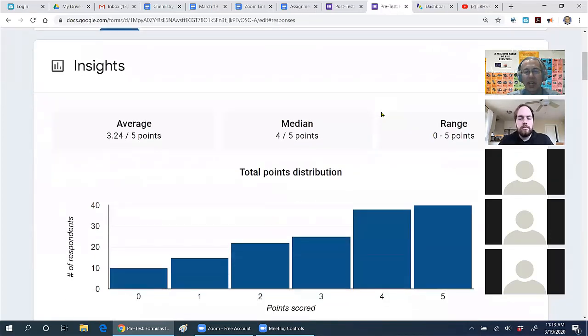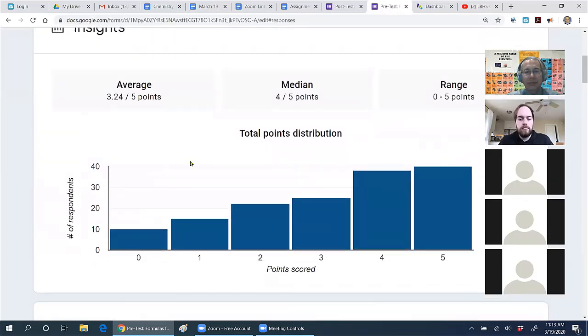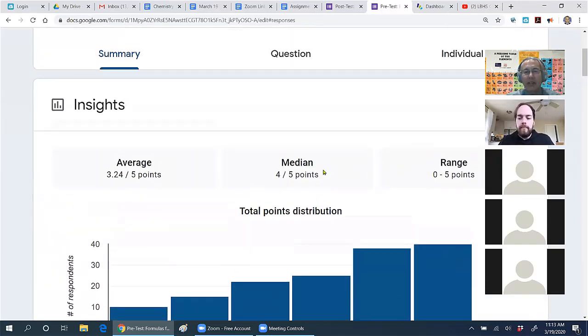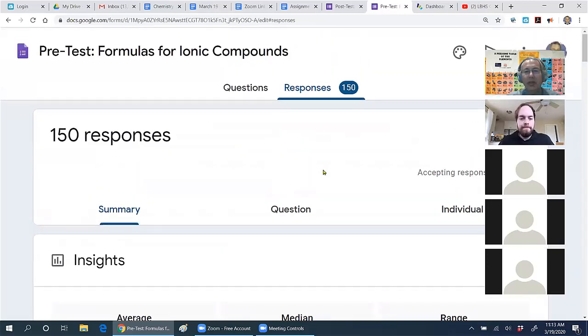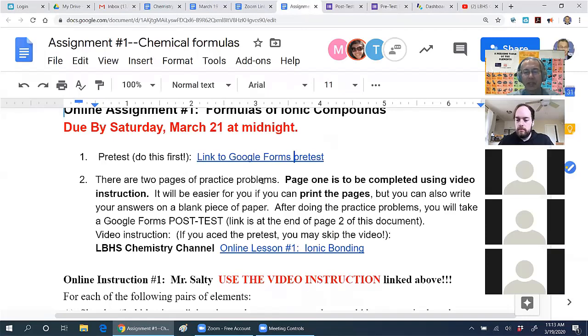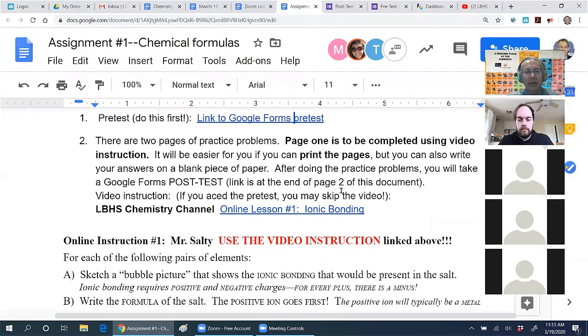You can see the data is here. 5 points is possible, so we have a wide range as expected. And the average is 3.2 out of 5. This is a pre-test, so the expectation is that people will do better on the post-test after they've had some instruction. That's what it looks like on the teacher end.